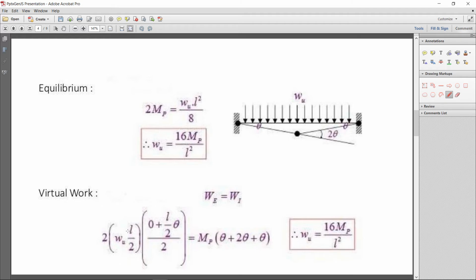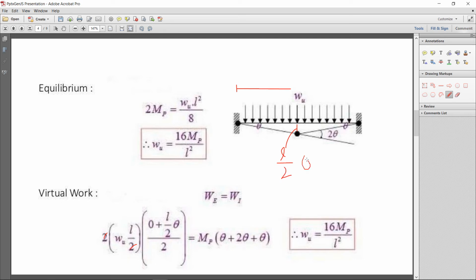Now let's see the external work done. In the external work done, the load, that is omega into L. You just cancel out these two, that is the total load, omega L, omega into the length of the beam. Then you will multiply by the average settlement. In this fixed ended beam, you will get the average settlement by 0 plus this deformation. This deformation we already showed in the first example. How we calculate this deformation: if we know theta and the length, that is L by 2, then we will get L by 2